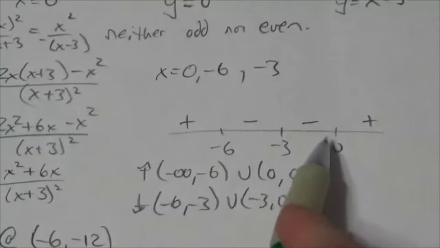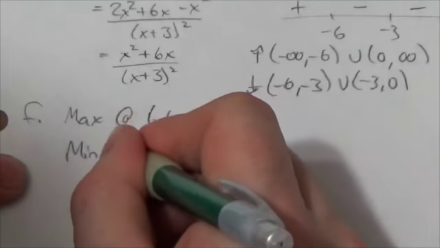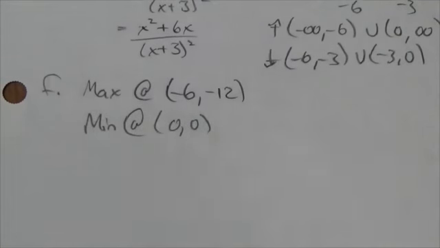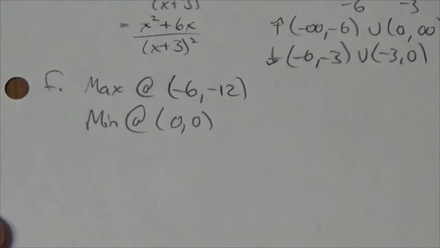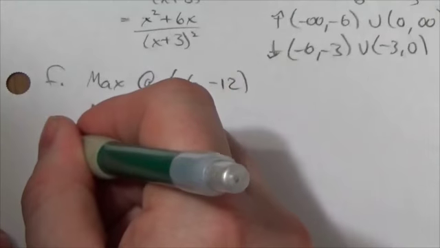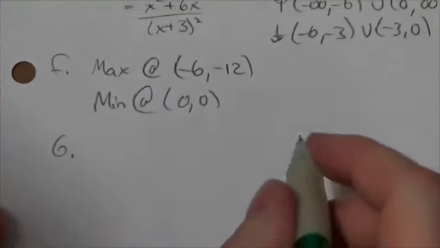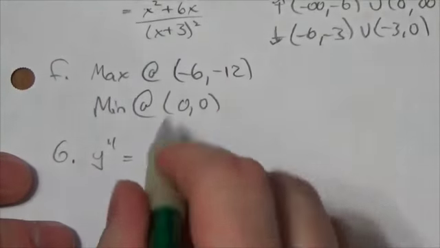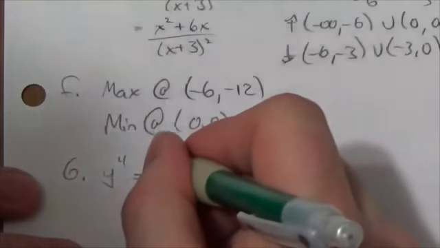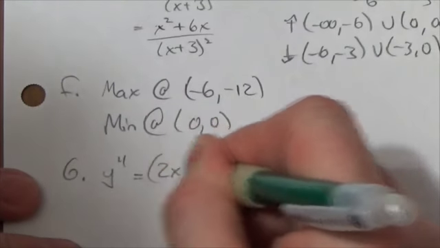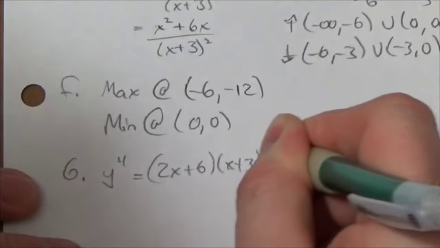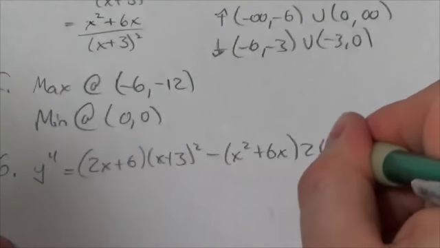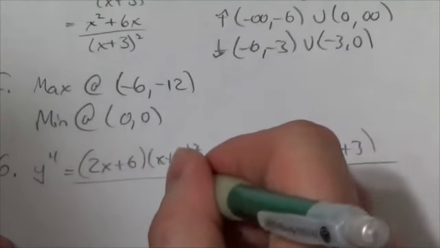And because it decreases to 0, then increases again, I'm going to get a min at, and I already know that that point is 0, 0. Okay, good. Now I've already got basically everything I need to sketch this thing. But we're going to take a quick look at the intervals of concavity as well, because we need to. So my second derivative, if I take the derivative of the derivative, is going to be 2x plus 6 times x plus 3 squared minus x squared plus 6x times 2x plus 3, all over